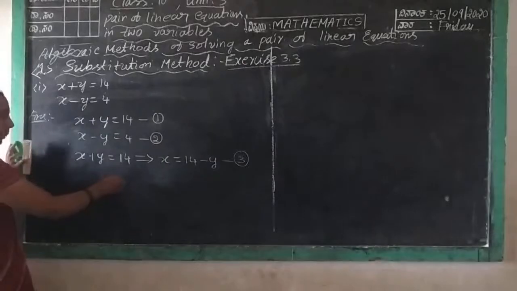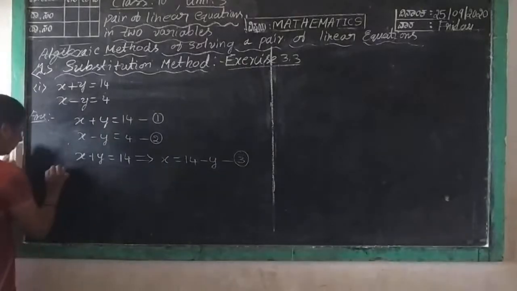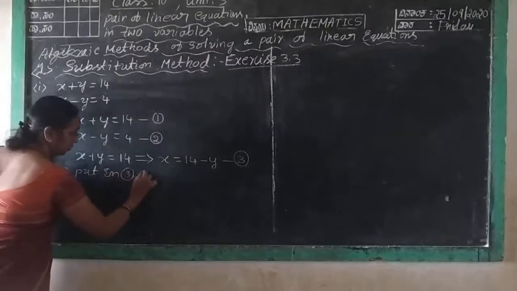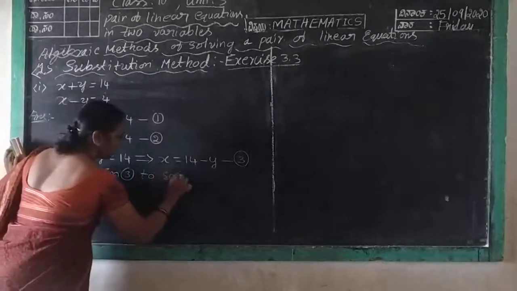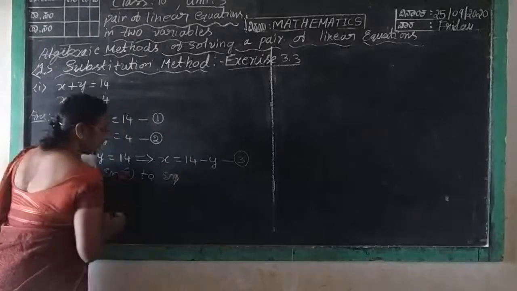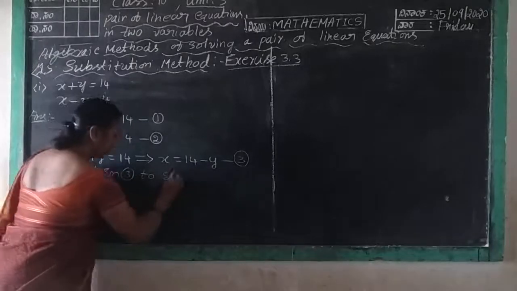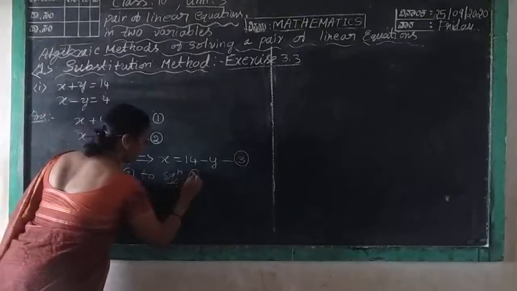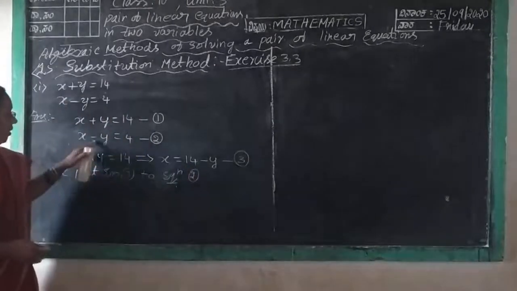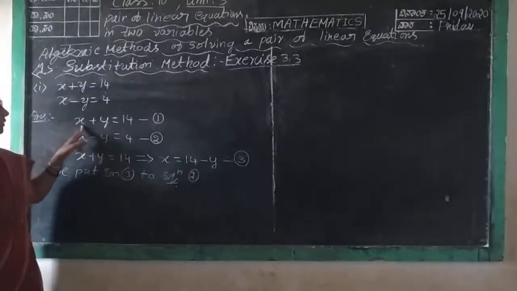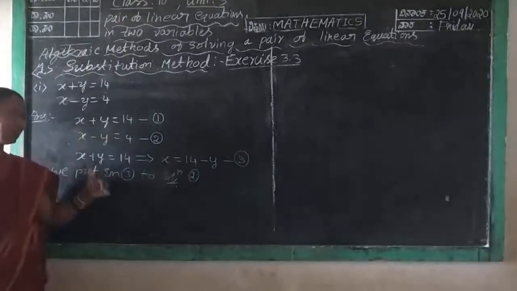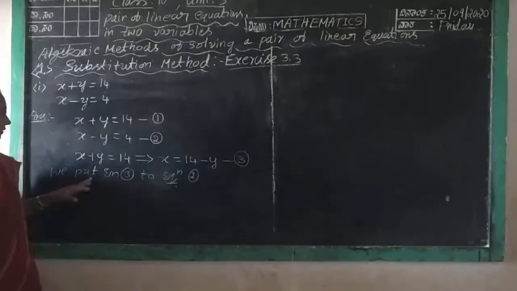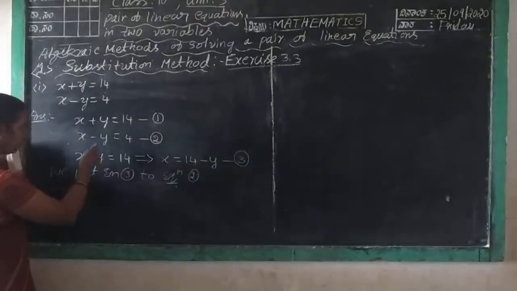Then we put equation 3 into equation 1, and equation 3 into equation 2. But we will take the values from the first equation and put them into equation 2, not into equation 1. Then put equation 3 into equation 1. We will get